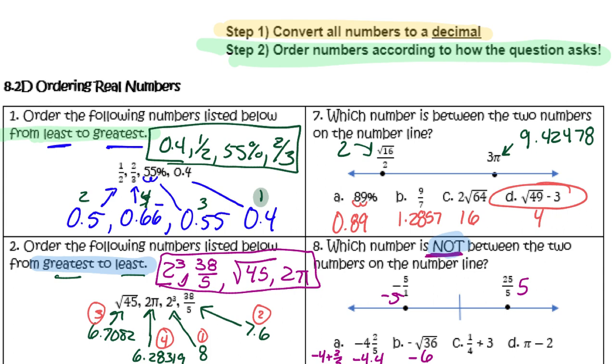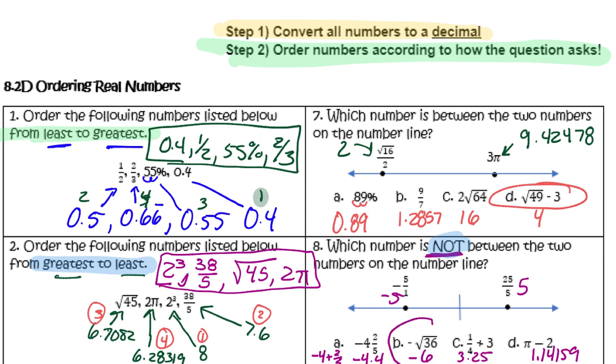Right here we have negative 4 plus 3. So it is going to be 3.25. And then for D, you're just going to go ahead and do pi minus 2. And you end up with 1.14159. So now that we have everything in a decimal form, the answer that is not between those two numbers on a number line